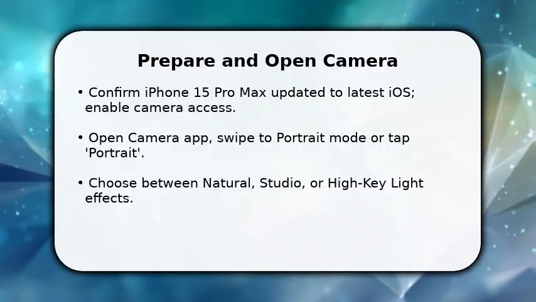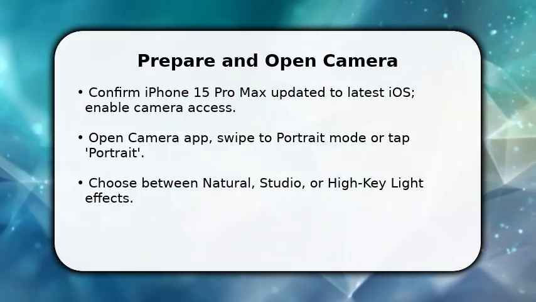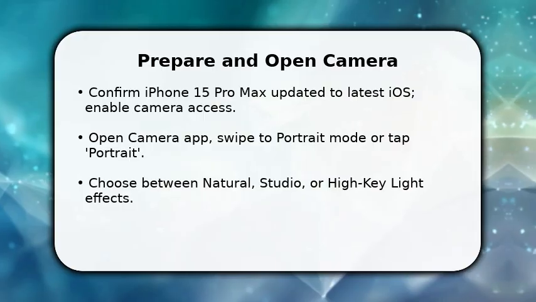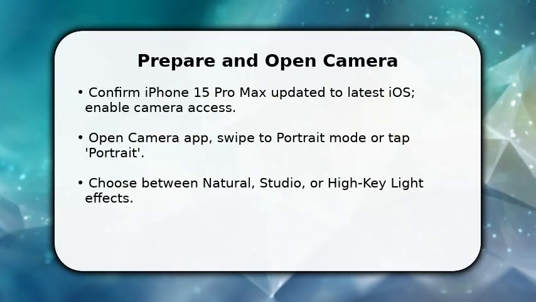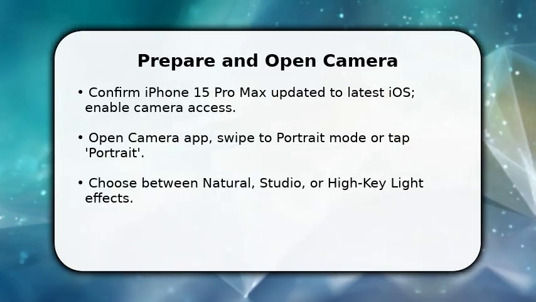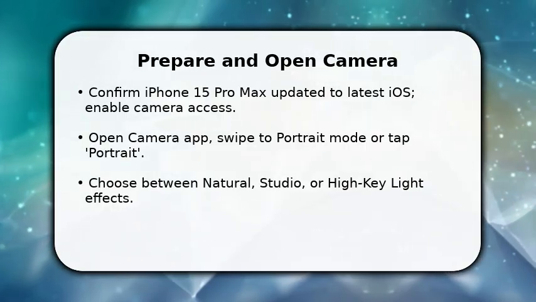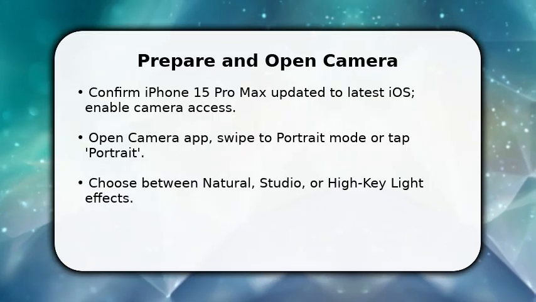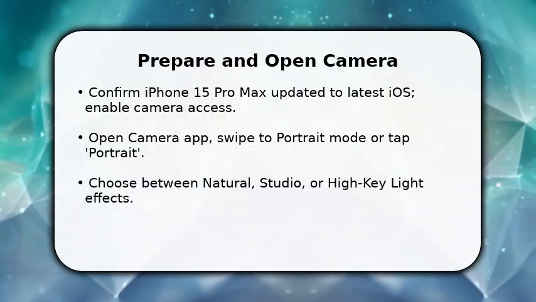You start by confirming system updates and enough storage. That avoids interruptions. Open the camera app and immediately switch to portrait mode. Swipe or tap the label. Once in portrait, pick a lighting effect like natural or studio to control mood and depth. Make sure the subject is within recommended distance. The phone shows guidance. You're now ready to frame your shot and refine settings before pressing the shutter for a